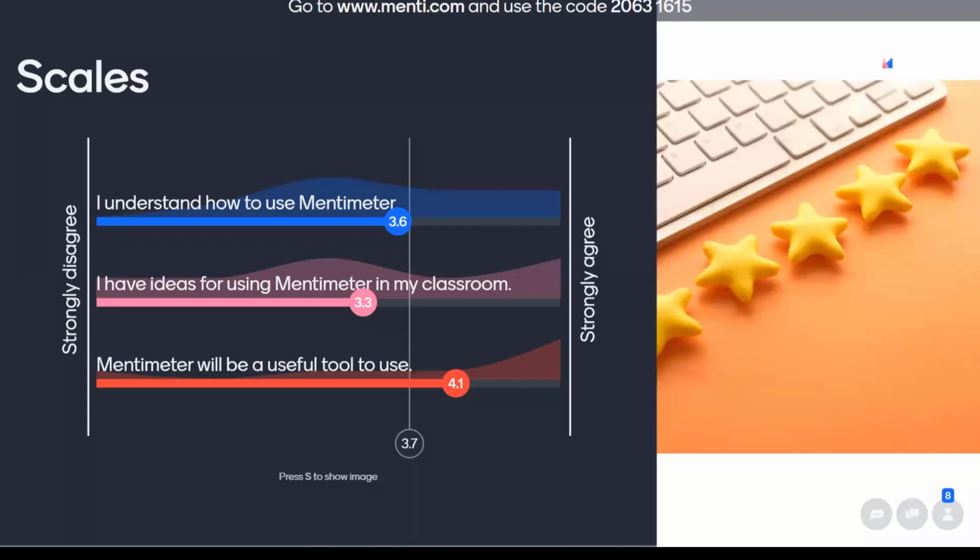So it went from 3.3 on the first question, now it moved over to 3.6. It went from 5 on the third question and came down to 4.1, but you can see in real time where we are. So if I'm really giving you content, which I am, while presenting, I can see here, okay, do I need to adjust? Do I need to maybe slow down